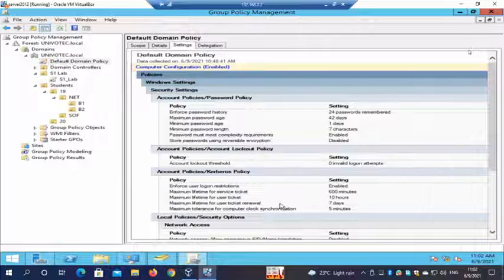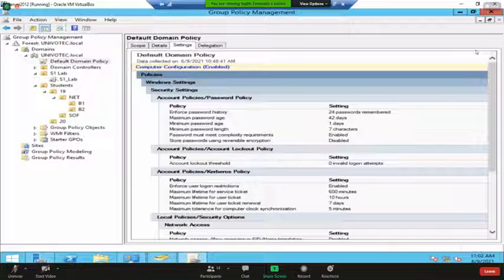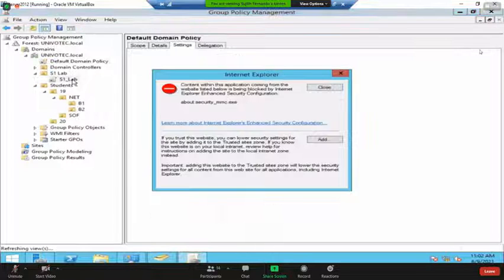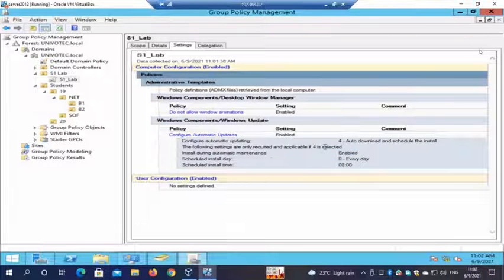So these by default they will apply to every container object here. This one will be in addition to those default policies, right? Just by clicking a GPO, this is a group policy object, I can have a summary of what settings are configured.